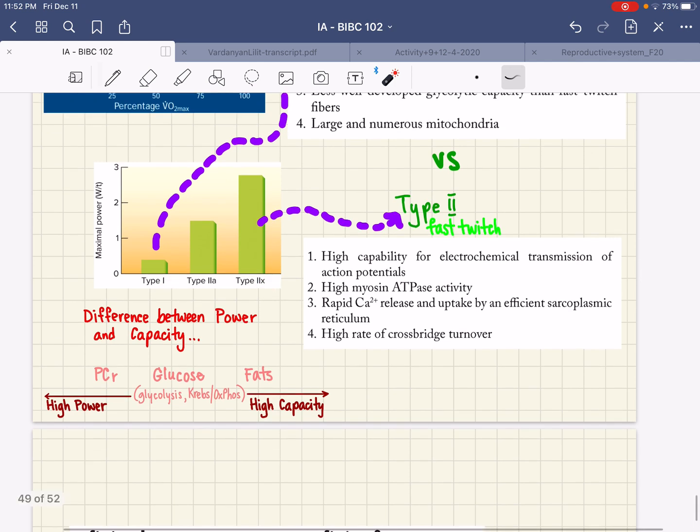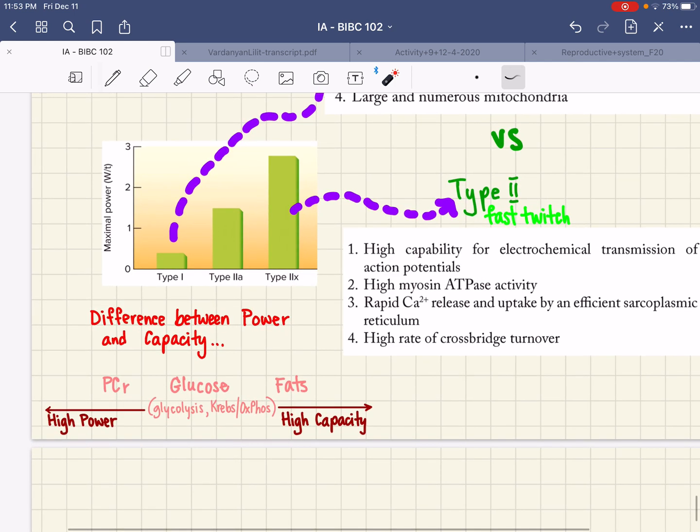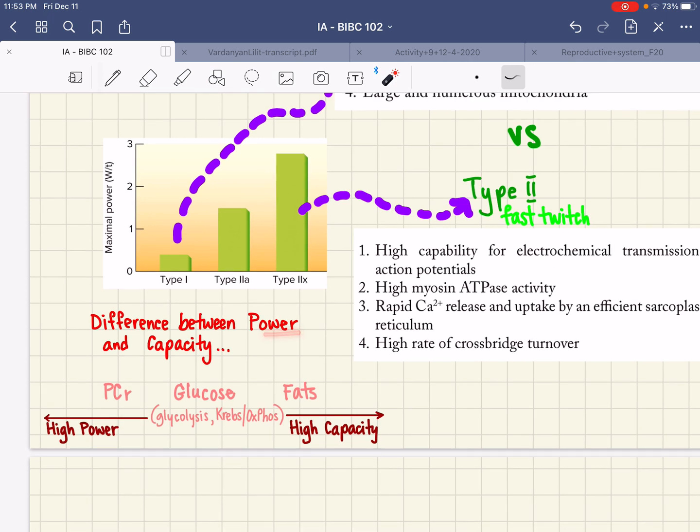Okay? And one last topic I want to cover is the difference between power and capacity. So hopefully this power versus capacity makes sense by now, but let's go over it. Power pertains to the pathways and the reactions that give us quick ATP, right? And power is needed if I need to lift something that's a couple hundred pounds, right? Because I need to do it fast and just be done. I need a big surge of power. And the power is going to come from either phosphocreatine